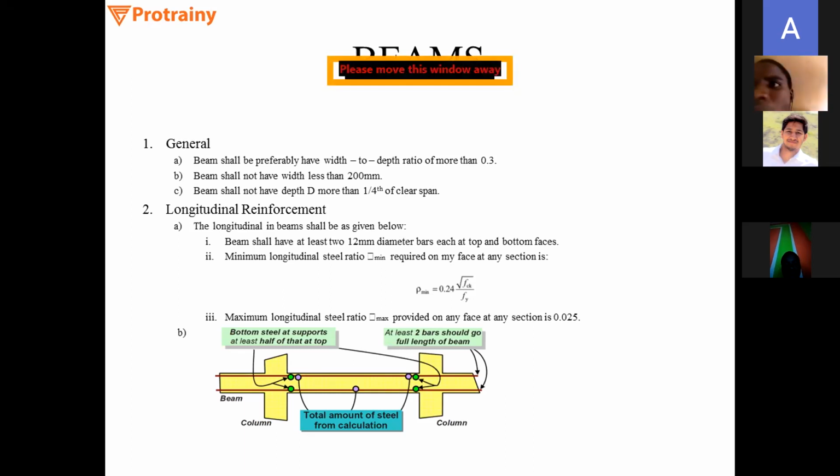In a simply supported beam, there is only one situation, when the tension zone lies at the bottom face of the beam. But in a continuous beam, the tension zone could be at the top face or at the bottom face. So wherever the tension zone is, the maximum reinforcement is provided at the tension zone only. Whatever the calculation of the steel, 50% needs to be provided at the compression zone, because when